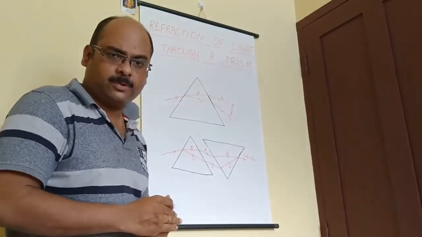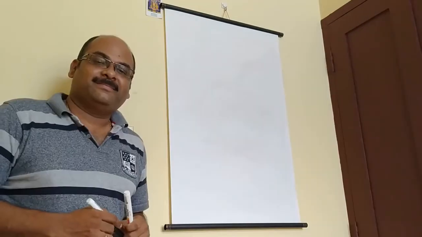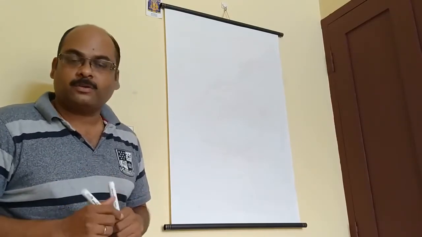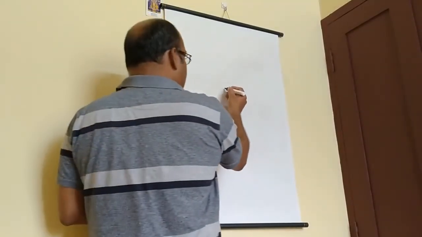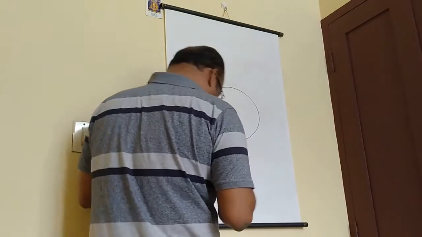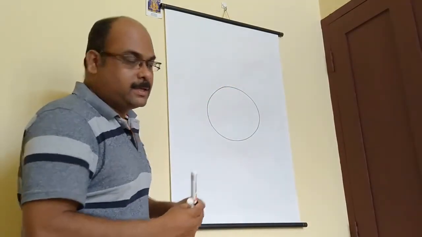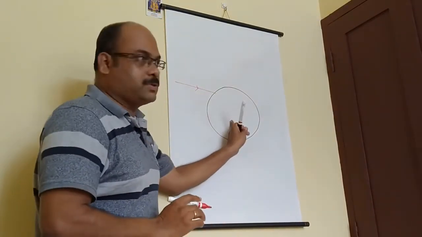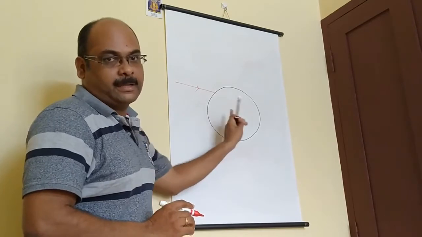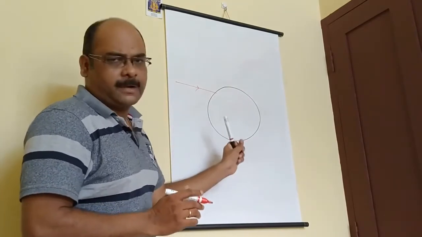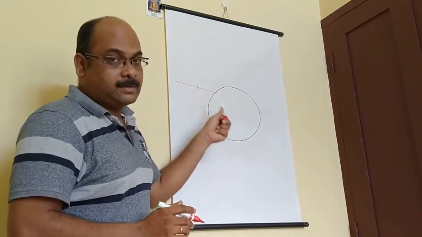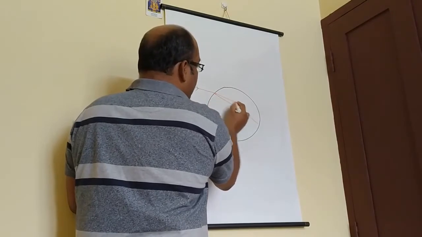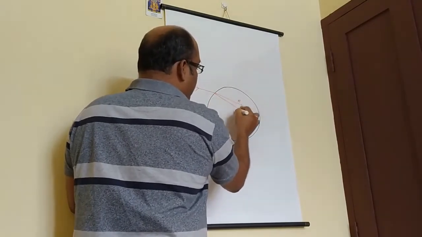Now there are some other examples in nature. You may have seen a rainbow. What is the phenomenon behind this? For that we have to consider a water droplet present in the rain clouds. So this is a water droplet. Now when the sunlight enters this droplet, sunlight is coming, and this is air and this is water. So this is a rarer medium and this is the denser medium. So what happens? Refraction occurs. And since this is white light, dispersion also occurs. So this will be violet and this may be red.